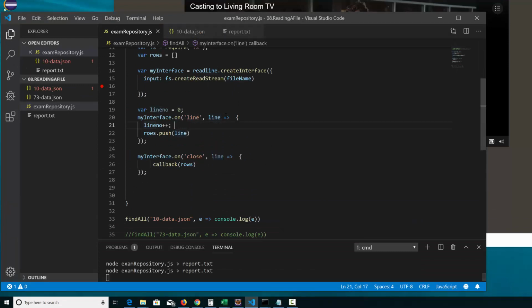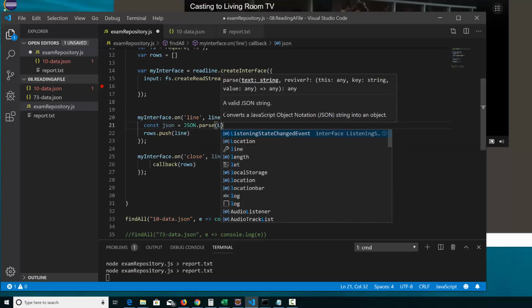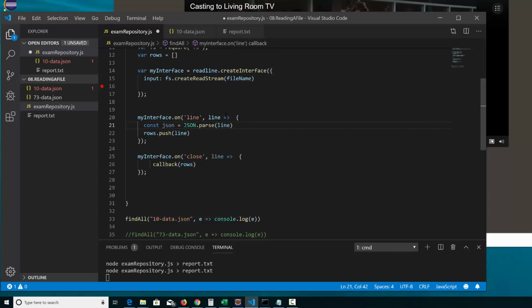When the line comes out, this line number is useless in this example, so I'm going to get rid of that. I'll say const JSON, JSON.parse. What it's going to do is convert this string into a valid JSON object, and then we will push the JSON object now to here. Now if we run this code again,